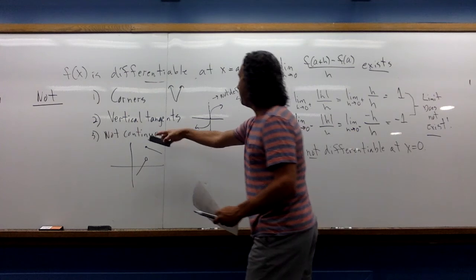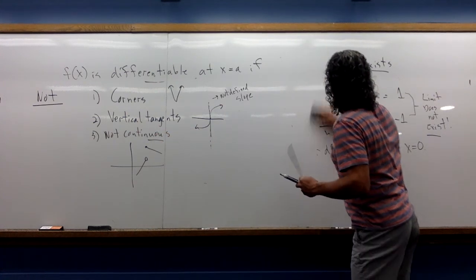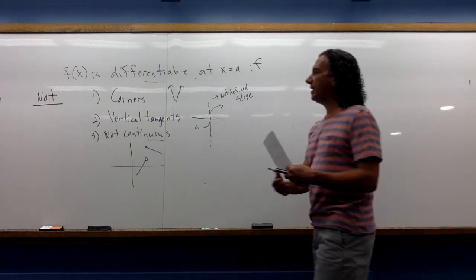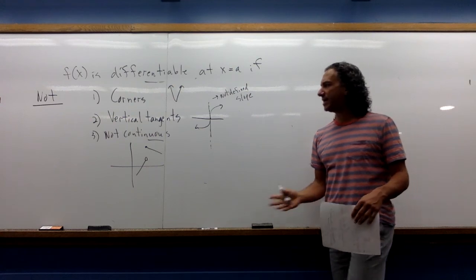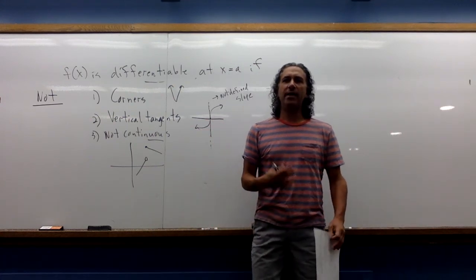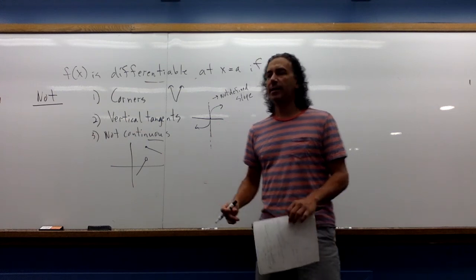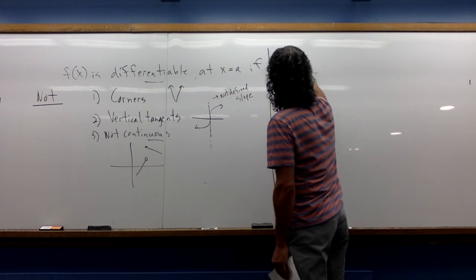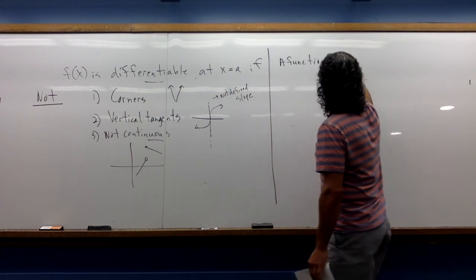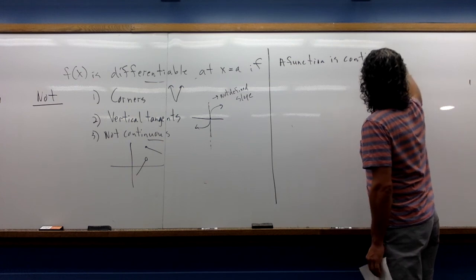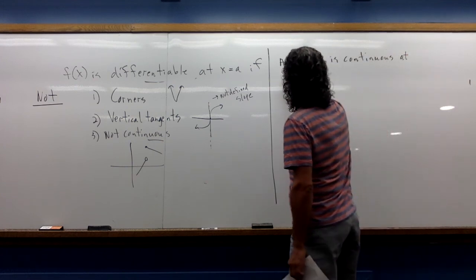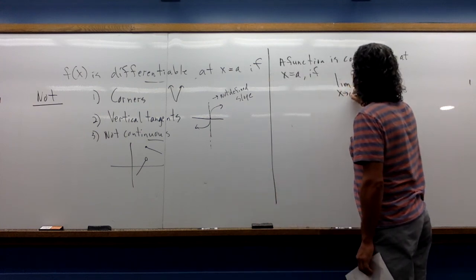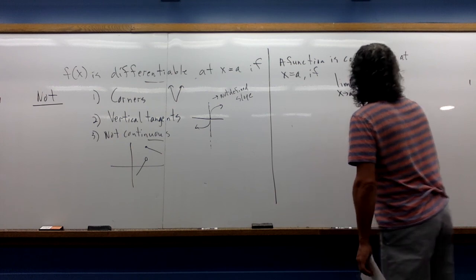All right, let's now talk about what it actually means to be continuous, in a formal manner. Let's actually define continuous. Again, up until now, you've thought about it in terms of not having to lift your pencil up. But let's think about this in terms of limits. So a function is continuous at a point x equals a if the limit as x approaches a of f of x equals,